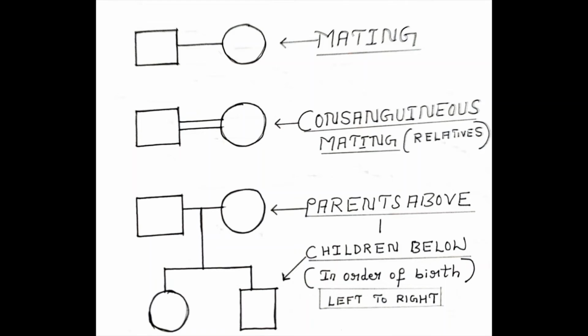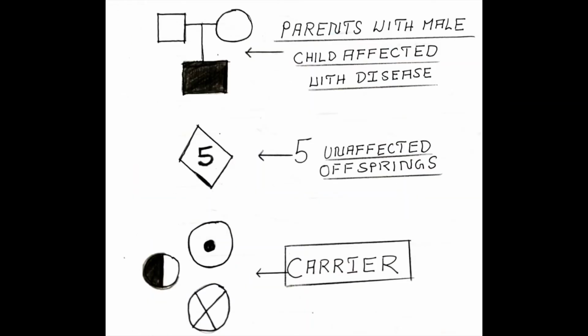If you look at the order, in this case, first is female and second is male. That is, first is daughter and second one is son. So order of birth is left to right. Just observe the third one, parents above, children below. And on this page, see, this is very important. Here your problem starts. Here, parents above, children below, fine. But there is a shaded region in the lower box, that is, a square shaped shaded region. So parents with an affected male child.